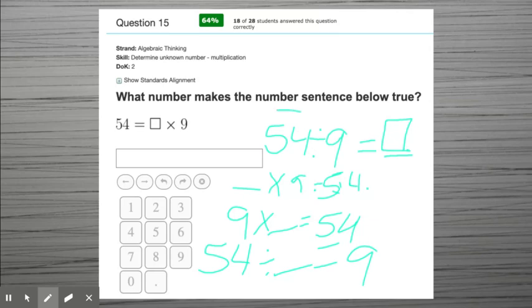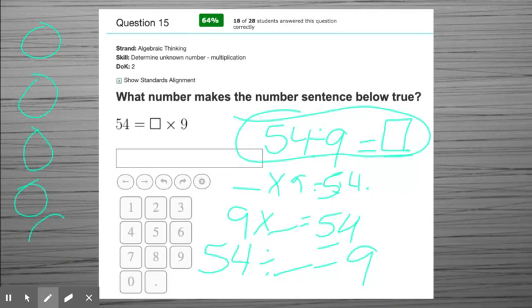So this problem right here is going to be the one that's going to help me to solve this. So the way that I think about doing this division problem is to draw 9 circles. And then I'm going to split 54 things in there. 3, 4, 5, 6, 7, 8, 9, 10, 11, 12, 13, 14, 15, 16, 17, 18, 19, 20, 21, 22,